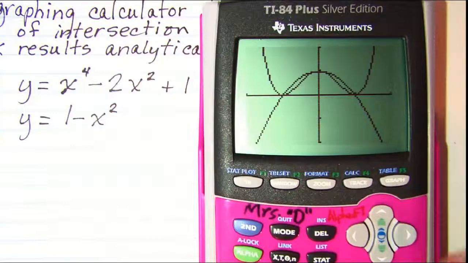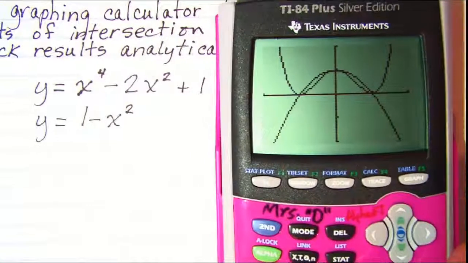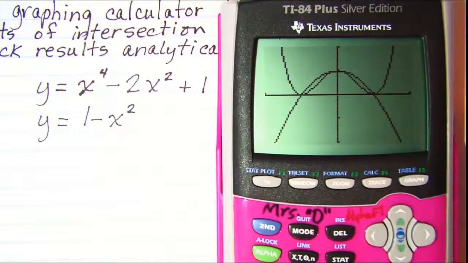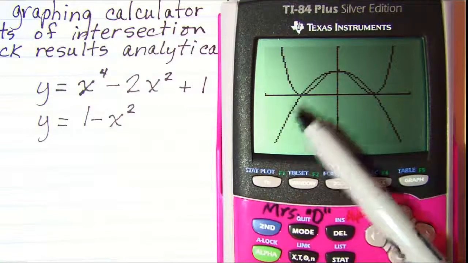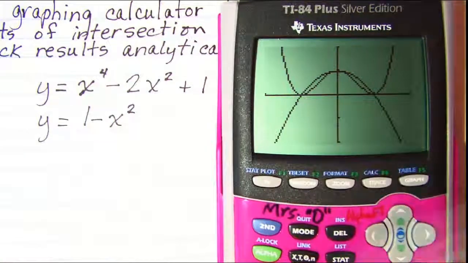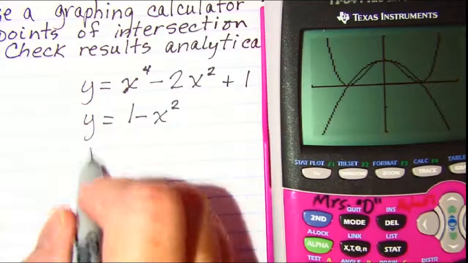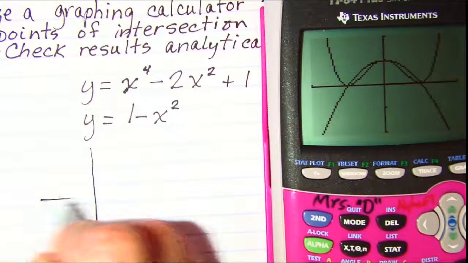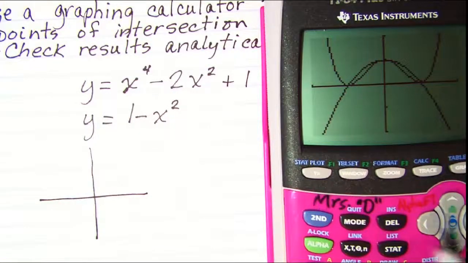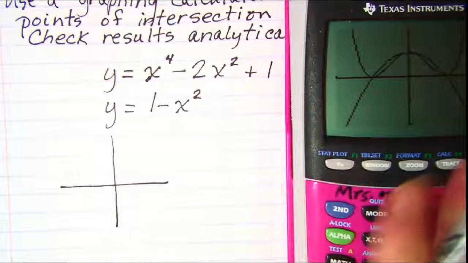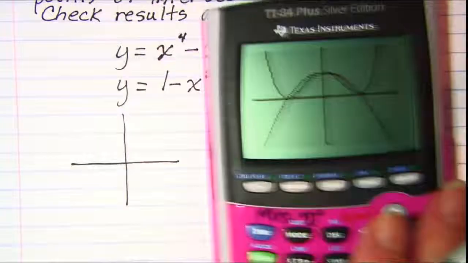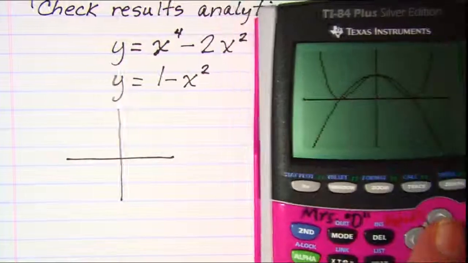There we go. Okay. So we want to find their points of intersection, and it looks like I'm going to draw a sketch, because anytime you're asked to do graphing calculator, you should do a sketch on your paper as well as